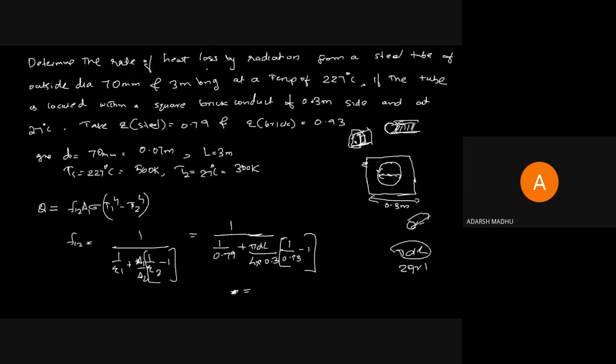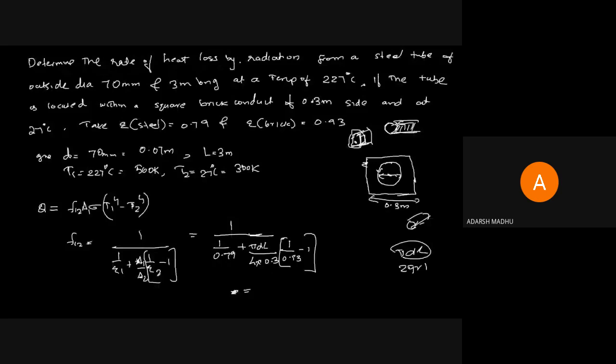T1 and T2 are given. T1 is 500 Kelvin, so 500 raised to 4, minus the second temperature, 300 Kelvin, 300 raised to 4. Then you will get the final equation, the final value of the heat transfer. By calculation, you will get the value as